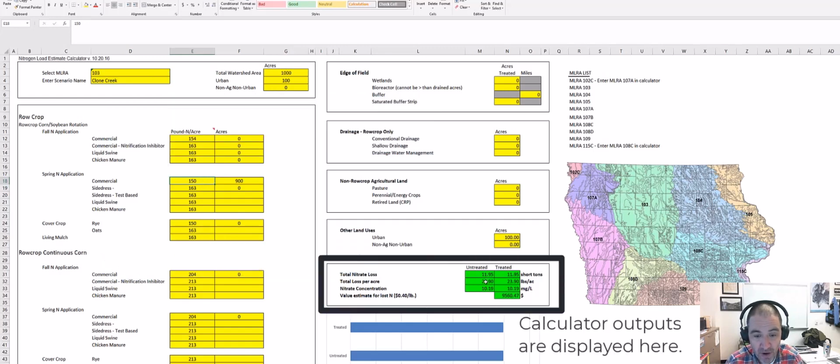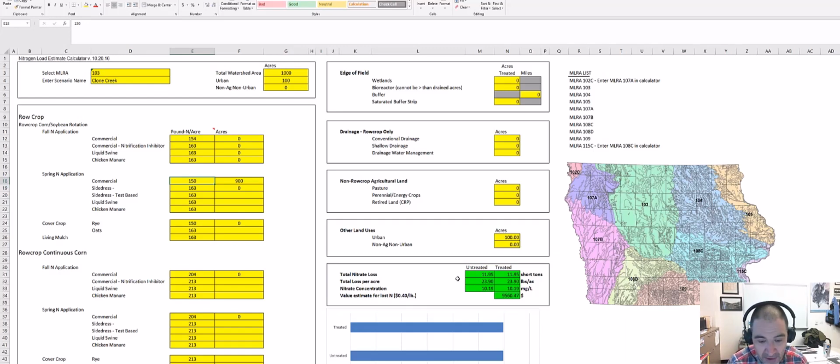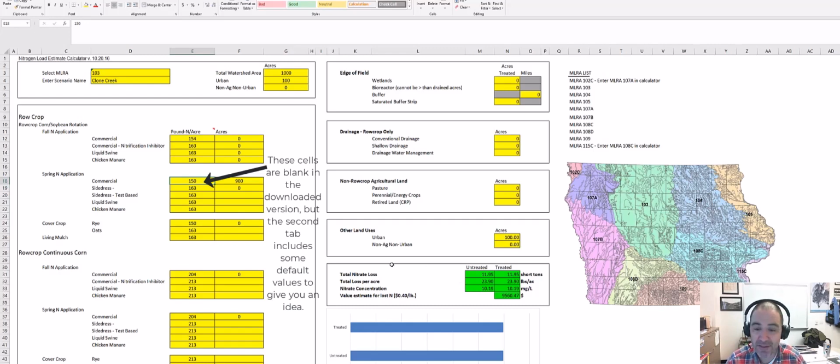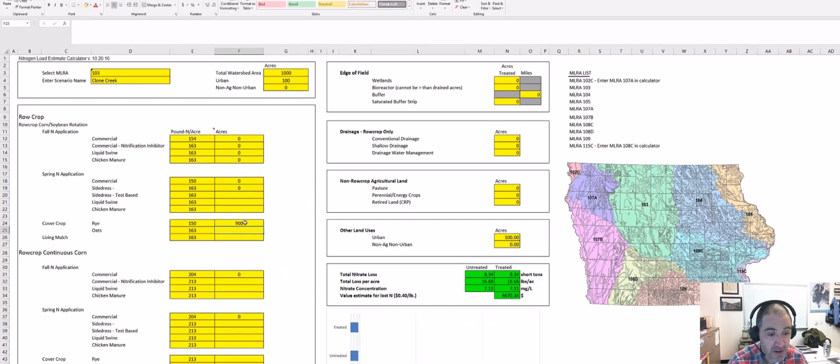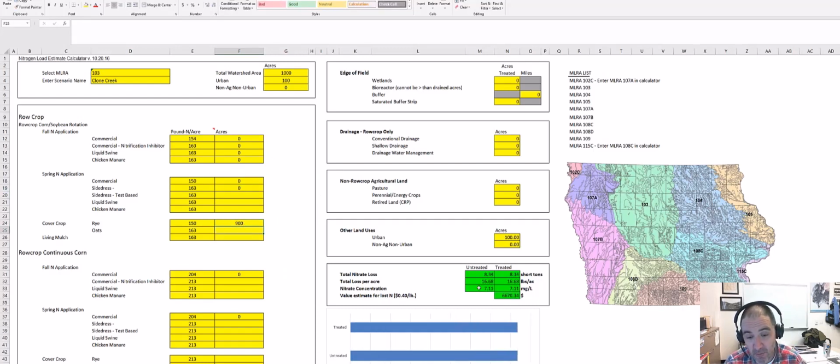And you'll see here my nitrate loss is about 23.9 pounds per acre, nitrate concentration of about 10.2 milligrams per liter. Now the fun can start. We can look at how the impacts of individual practices or combination of practices might help us. So for example, we could put in that we're going to do cover crops on all 900 acres, and we went from about 10.19 milligrams per liter nitrate concentration at the watershed scale to about 7. So we had about that 30% reduction with the implementation of cover crops.